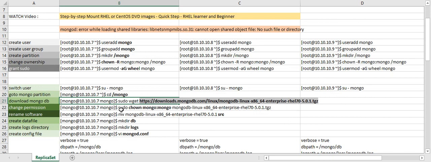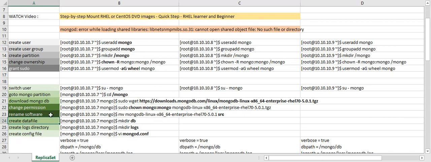This downloaded package, transfer with WinSCP or file transfer to the location where we created the mongo directory. In this location you keep this tar file, and after this is done, you have to issue the command for the ownership to the mongo user.